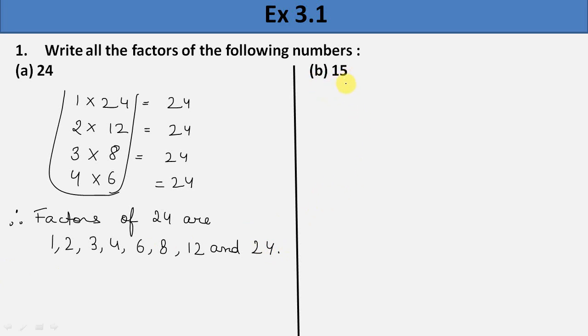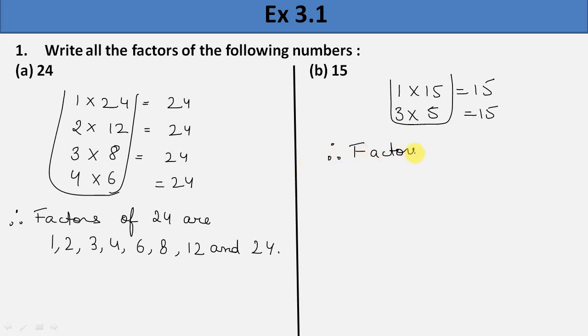So first we will see at 1. 1 into 15 is equals to 15. 15 2 की टेबल में नहीं जाएगा क्योंकि वो इवन नंबर नहीं है. Now it will go on the table of 3. 3 5s are 15. Right? 4 की टेबल में 15 नहीं आता. 5 की टेबल में 15 आता है और 5 ऑलरेडी यहाँ पे है तो ये आपका फिनिश हो गया. तो you will make a U here and then you will write down at the end therefore factors of 15 are 1, 3, 5 and 15.